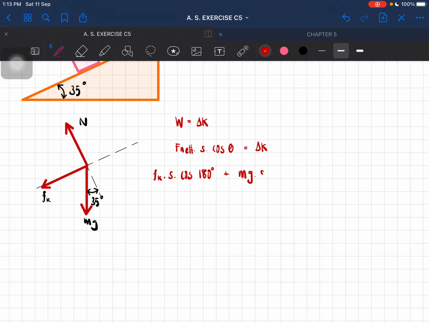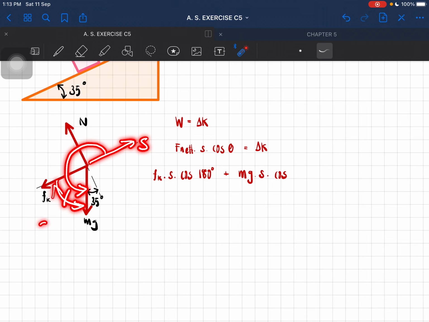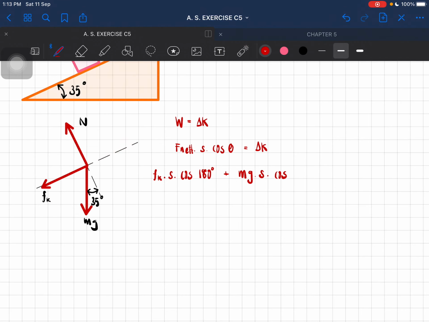So mg s cos what? From s here, start at 180 degrees plus 90, where the angle here is 90 minus 35 degrees. Okay, so if you add those, you'll get 235 degrees, equal to half mv squared minus half